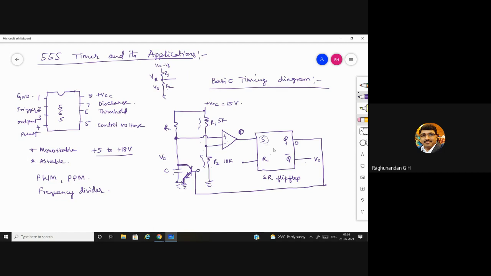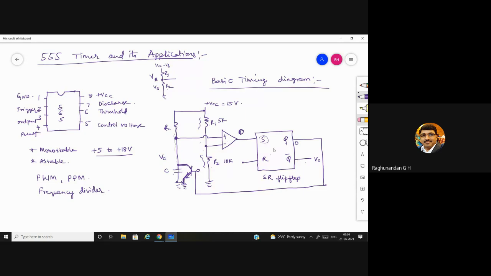The base terminal of the transistor will be 0, which in analog value is 0 volt. So during that time, the transistor will be off. It will be in cutoff region. As we know, in cutoff region, it offers infinite resistance. Because of that, it will stop drawing the current through the capacitor. Meanwhile, since the capacitor has already lost its energy, it starts charging through this plus VCC. Through this path, this capacitor starts charging.